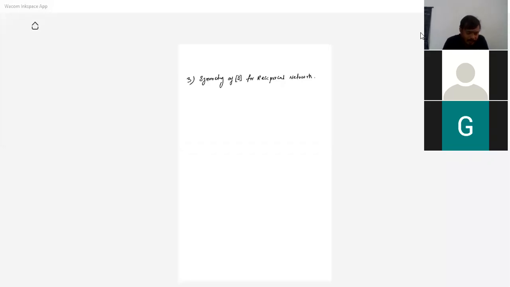Thus you can write Sij is equal to Sji, where i is not equal to j. This is the symmetry property. Reciprocal means it's mutual. Suppose I take ports i and j. If I'm giving power at the jth port and see what you get at the ith port, and in reverse it is also the same, then you can say there is a symmetry property. So for the S matrix, Sij is equal to Sji.